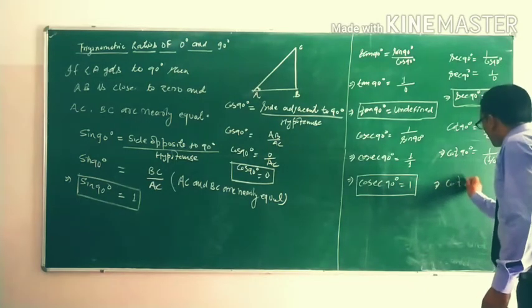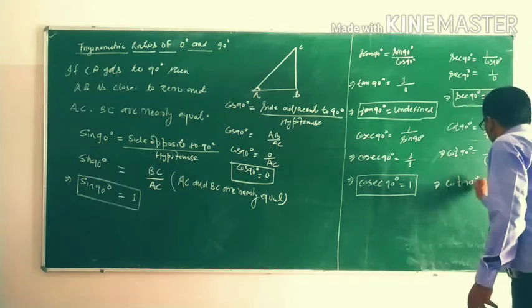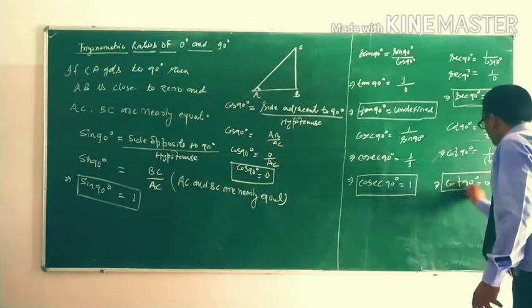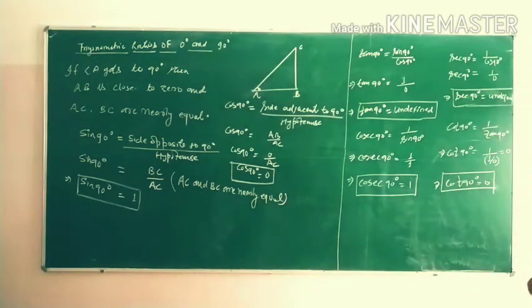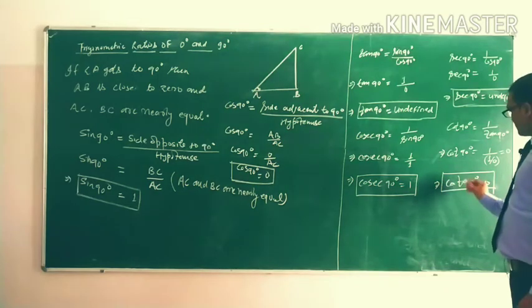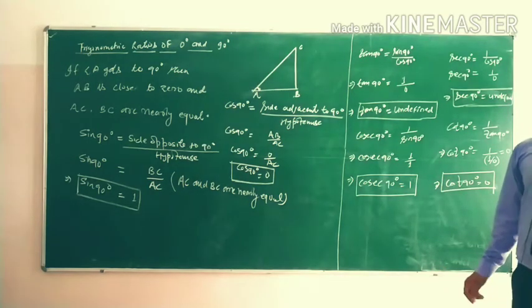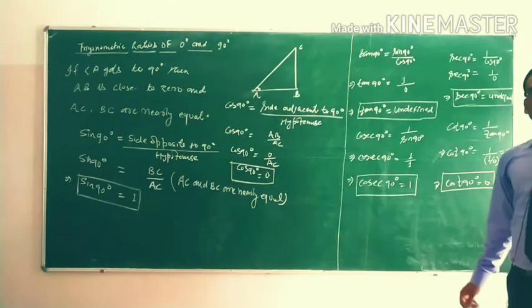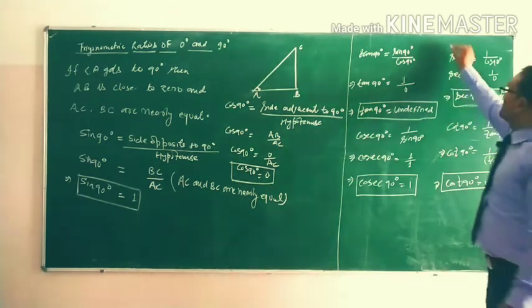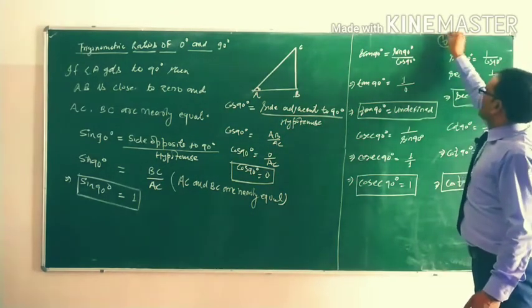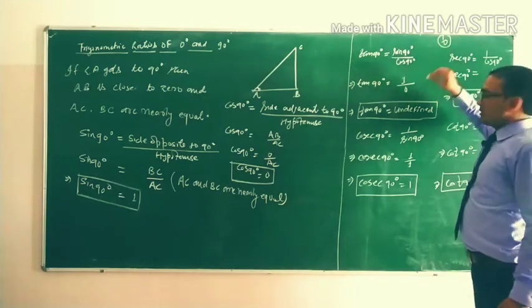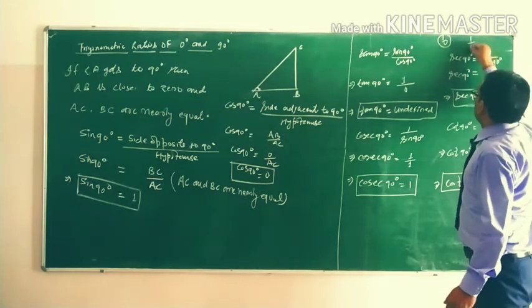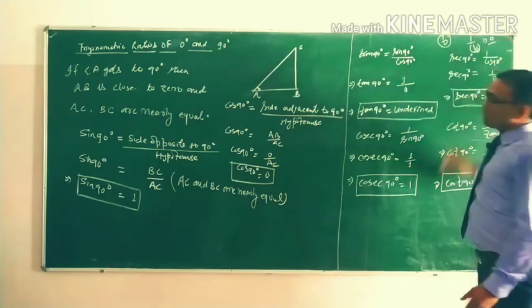Cot 90 degrees is 0. The reciprocal of 0 is undefined and undefined is 0. That means 1 upon 0 is an undefined quantity, but 1 upon 0 is 0. Okay students,